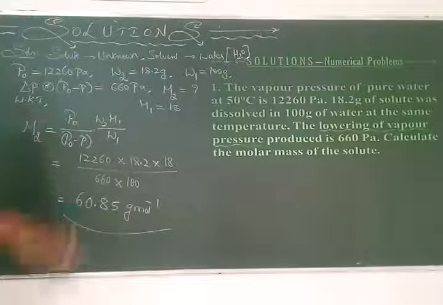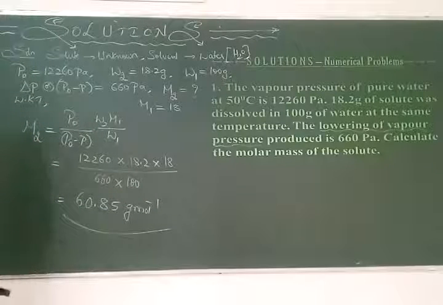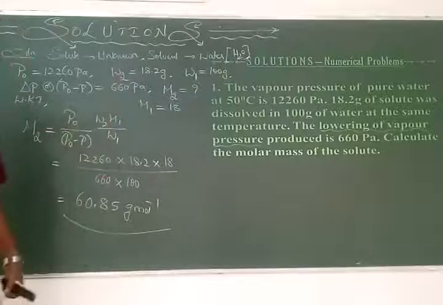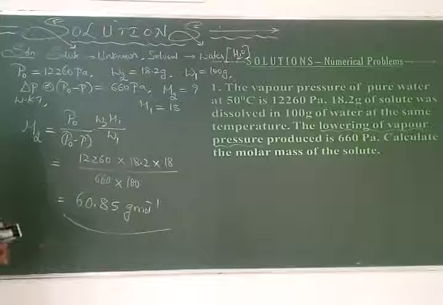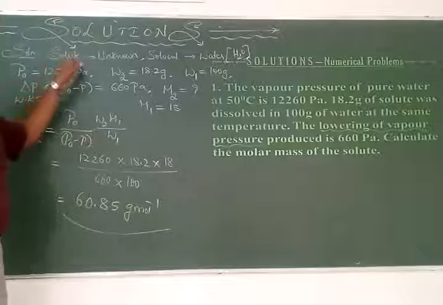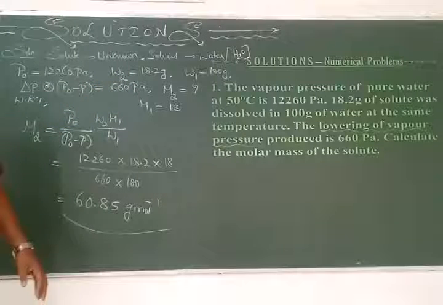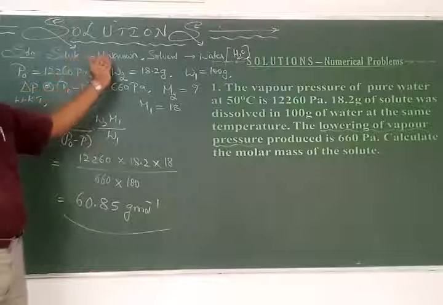Okay, so this is the first. We have calculated the molecular mass with the help of a colligative property, that is the lowering of vapor pressure. First, you have to know which is the solute and which is the solvent. As the name of the solute is not given, therefore it is going to be the